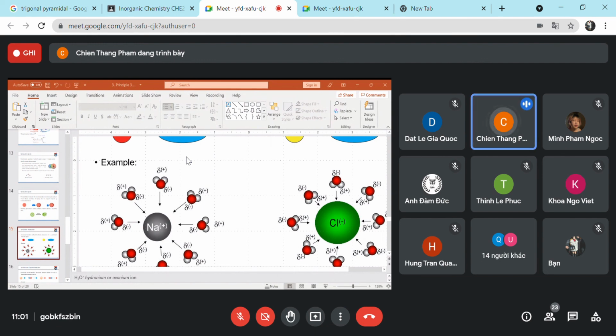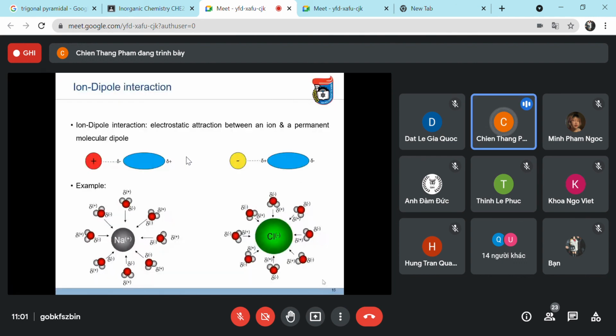Okay, so let's continue. Sorry, maybe. So in this picture, you can see here. Okay, so in the solid state, we know that